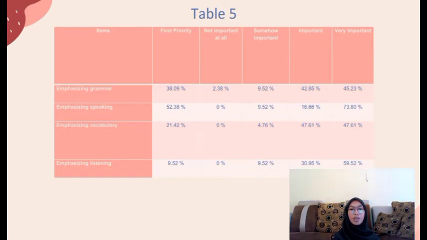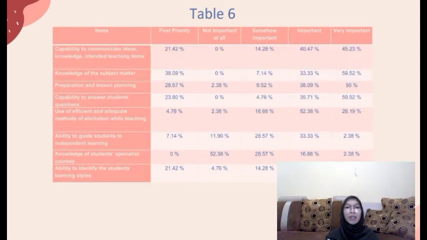students attribute to grammar. Table 6 concerns the mastery the teacher has over teaching. According to this table, the majority of the students believe that there is no need for the teacher to have any knowledge of the student's specialist courses. The statistic might have been different if the participants of the research were enrolled in English for specific purpose, or ESP, course rather than a general English course. In addition,